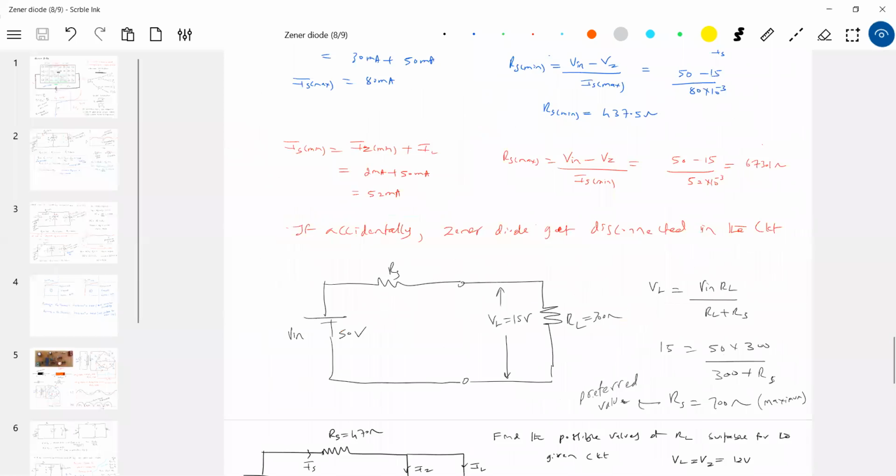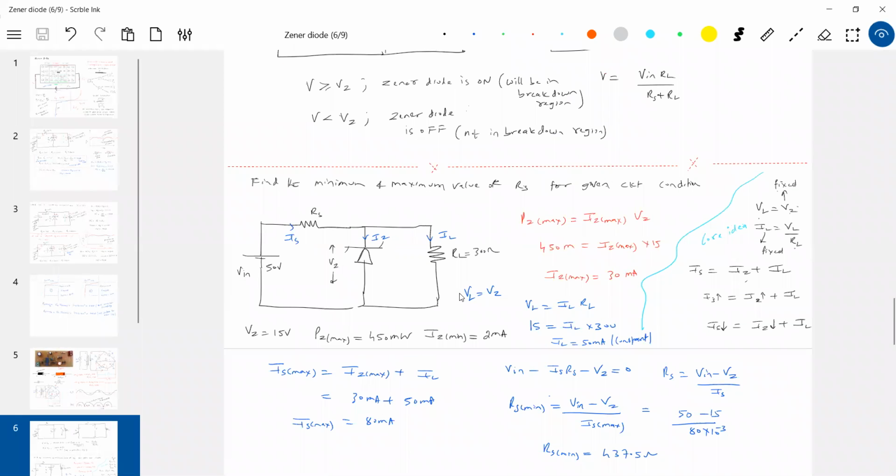Next, we brought a condition for RS. This load is fixed, this is fixed. Any value of RS, can you keep it? No. What is the range? So why is the range brought here? Because here the value of RS, due to some conditions, can vary. So what can be possible variations in that? Again, you have brought it here.